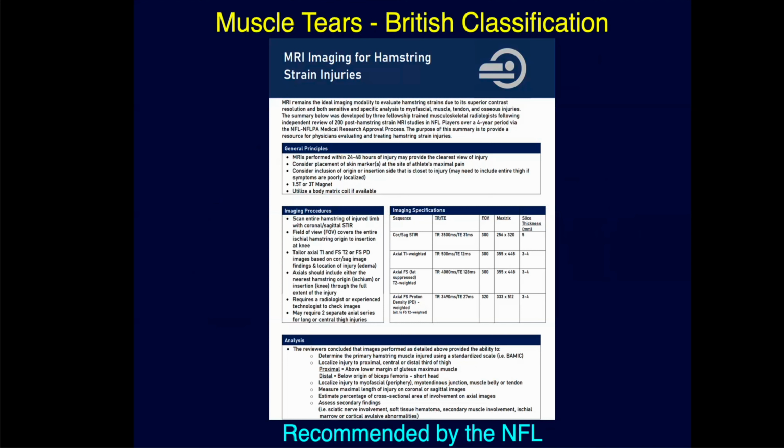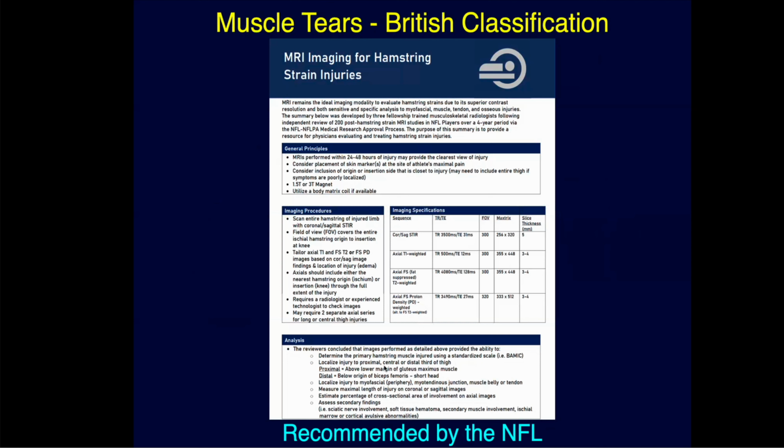NFL has taken up the British classification based upon these papers, and their recommendations for the imaging include this for MRI. So they have specific sequences that they recommend. You have to really image the entire muscle and its insertions, as you can imagine. And what they would like to see in the analysis by the radiologist is do the BAMIC grading system,